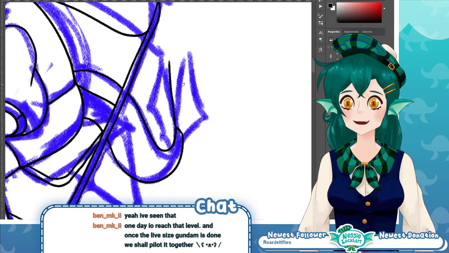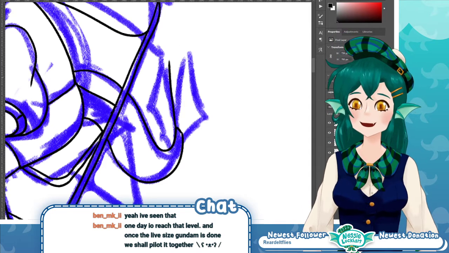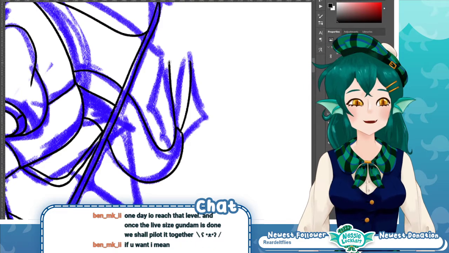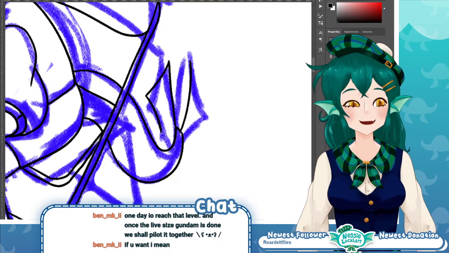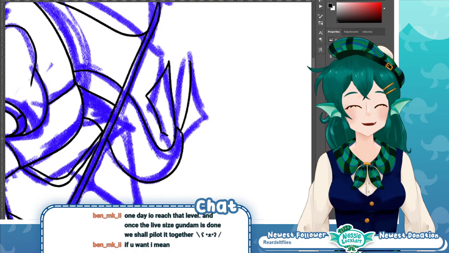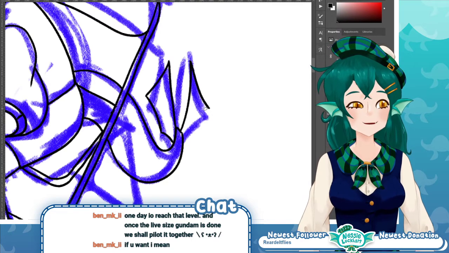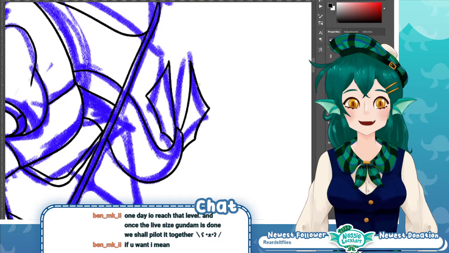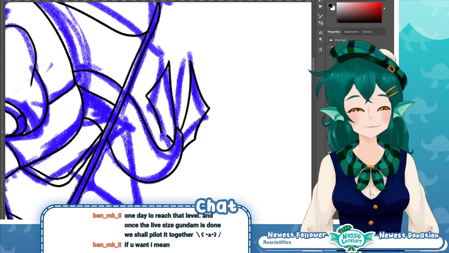One day, it will reach that level. Once the life-size Gundam is done, we shall pilot it. Oh, I didn't know you could... Can you really pilot the Gundam in Minecraft? That would be crazy. I would like to see that happen. A moving Gundam.